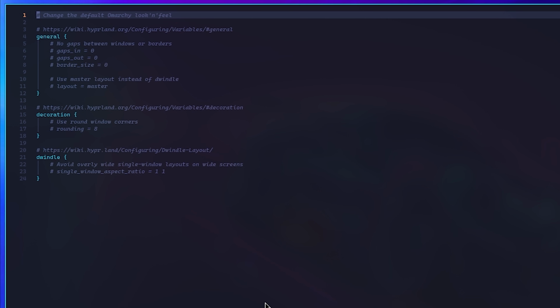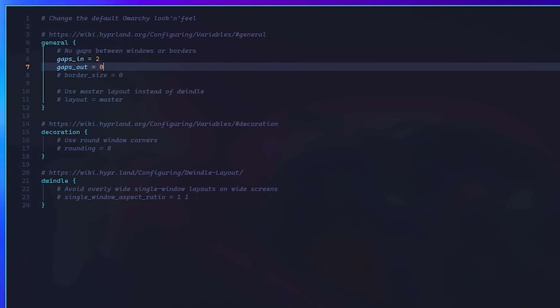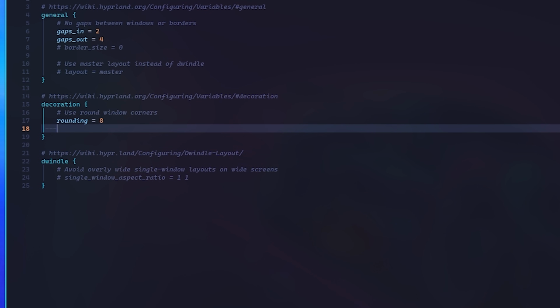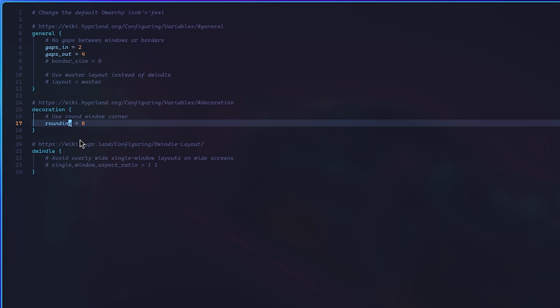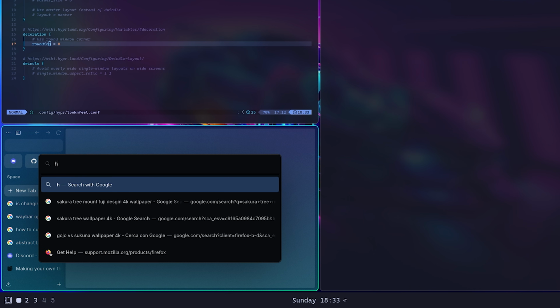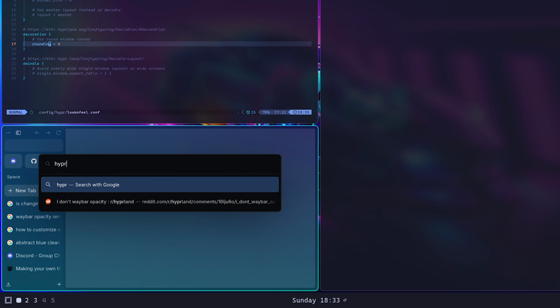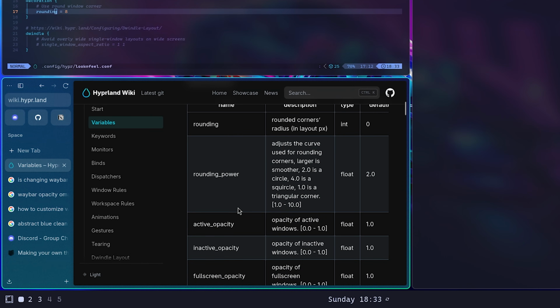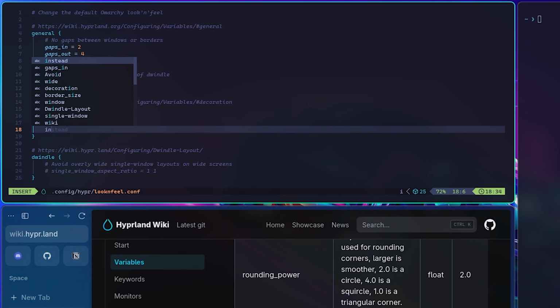Maybe that will work. And interesting, everything is commented out. And maybe set the gaps to 2 and then 4. Let's do rounding. 8 should be enough. And so if I write, oh, that rounded corner. Ooh. Okay, so let's search up how to make it more transparent. Decoration, inactive opacity. There it is.